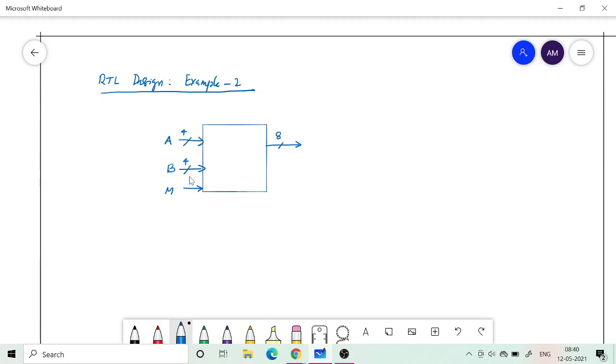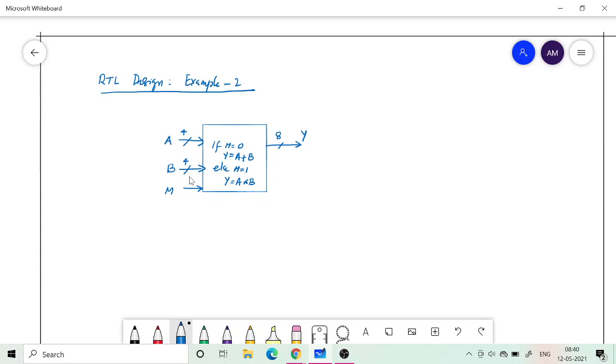and what this block does is, if m is equal to 0, then it will do A plus B. You don't need 8 bits for A plus B, but I'm keeping 8 bits because if m is equal to 1, then I want A into B. Okay, so these are unsigned inputs. There is no sign here, all are positive numbers, binary numbers, 4-bit inputs.